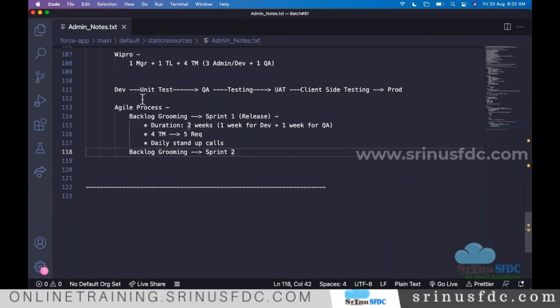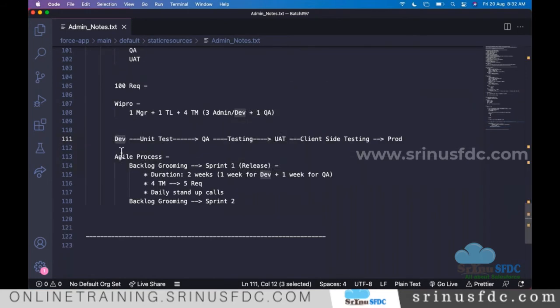Mostly we also do that. In the first week we do the configuration, admin, and development activities in the Dev Sandbox, and deploy to QA. From the second week, the QA team does the testing. If they identify any defects or bugs, again we have to work in Dev and deploy to QA.